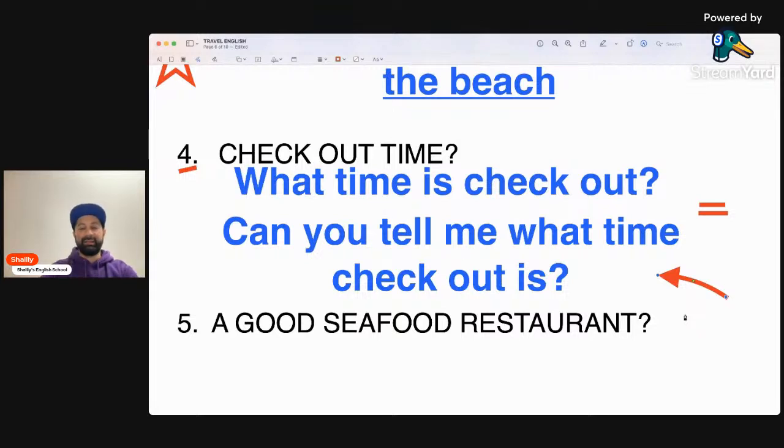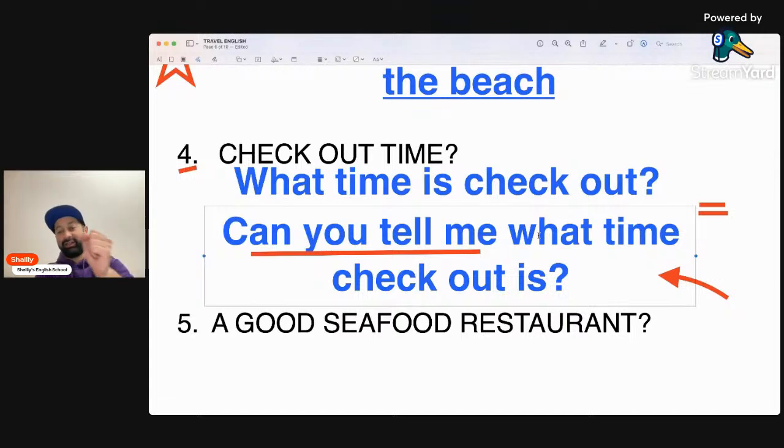So to make an indirect question like this, we always start with, can you tell me? Next, I need a WH question. So I've got what time. And then I've got my subject, then verb. So checkout and then verb.